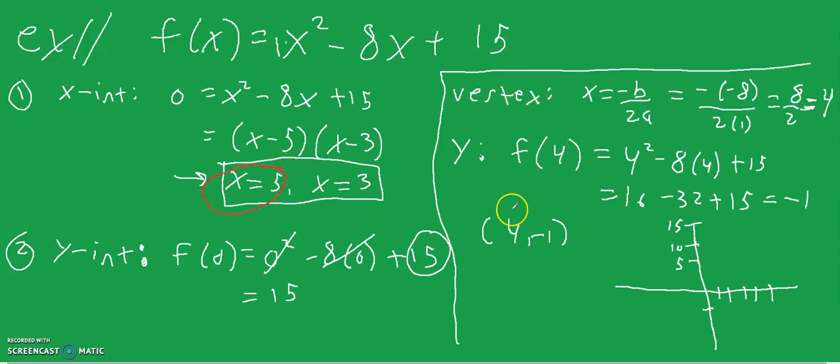x-intercept at 5. So I have 5, 0 on my x-axis. x equals 3. So I've got my other x-intercept here. Now I'll change the colors. Y-intercept equals 15. So I go up to the point 15 on my y-axis, and that's my y-intercept. And last but not least, I have my vertex 4, negative 1 down here. And this is good that it's underneath every point because this should be the minimum value, right? Now, I just connect all these points